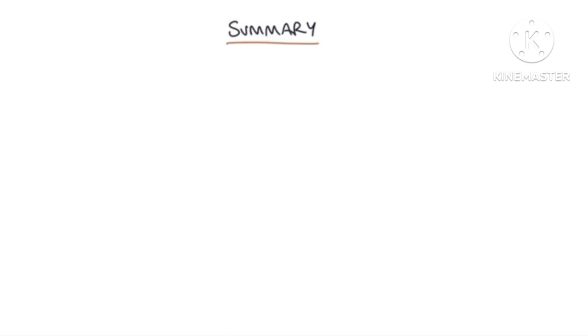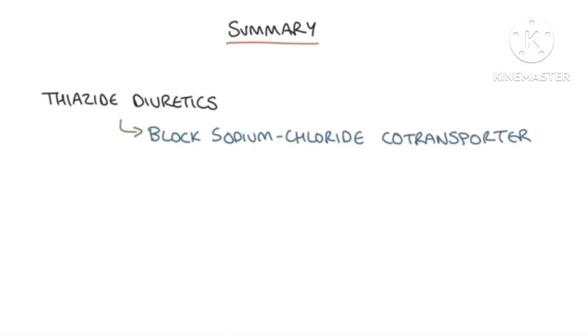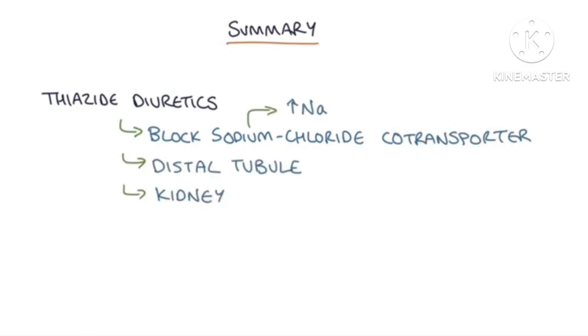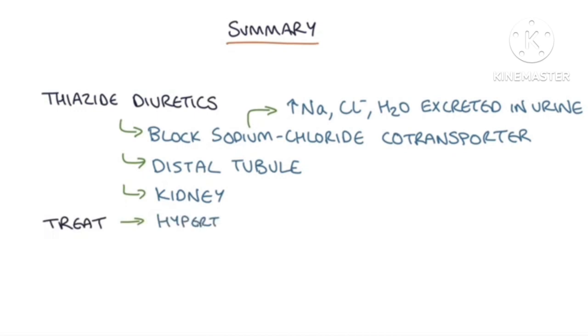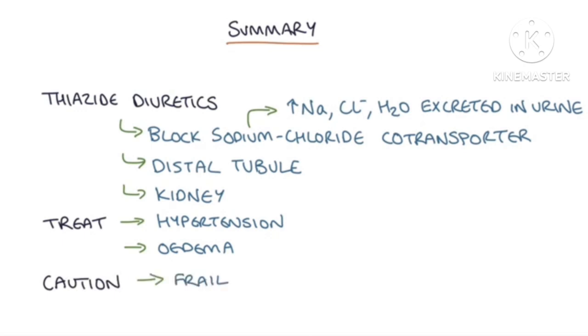So in summary, thiazide diuretics block the action of the sodium chloride co-transporter in the distal tubule of the kidney, and this results in more sodium, chloride, and water being excreted in the urine. They're mainly used to treat hypertension, but they can also be used to treat edema, and they should be used with caution in patients that are frail or have other conditions, particularly diabetes,